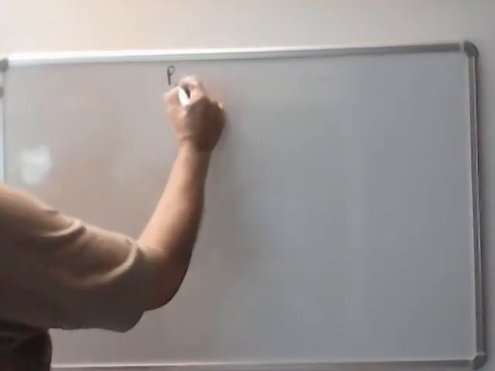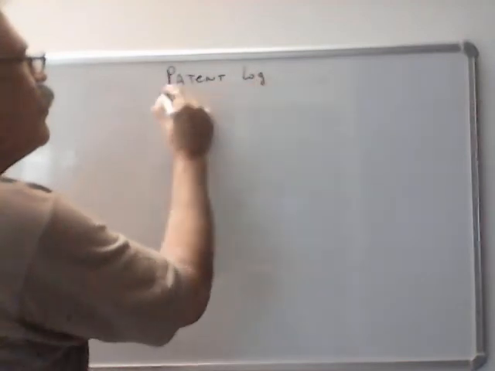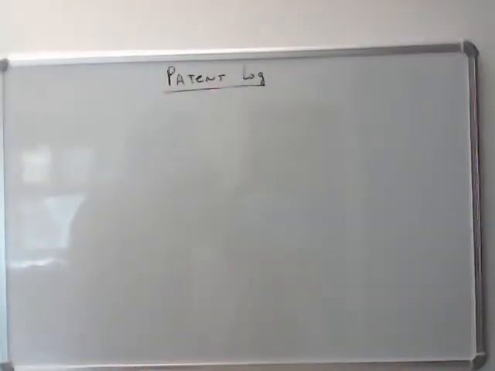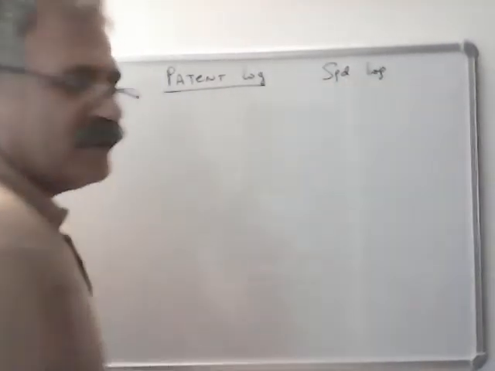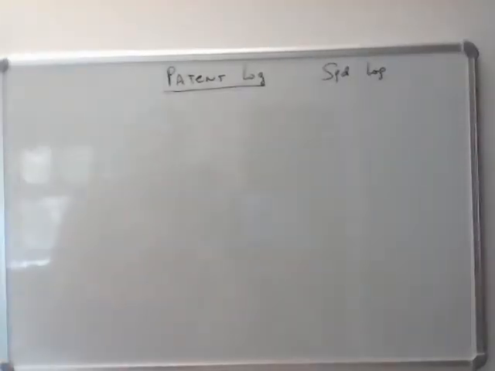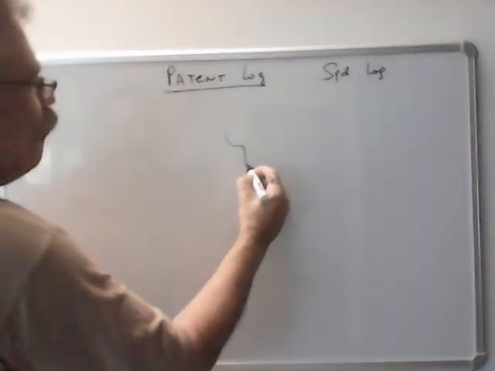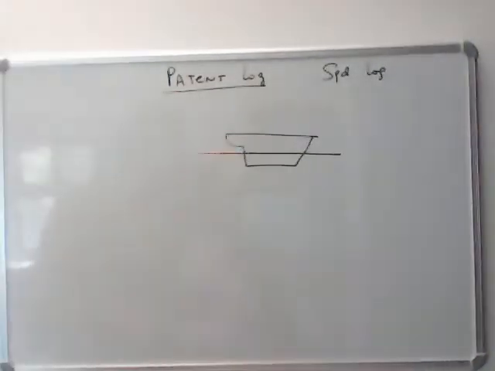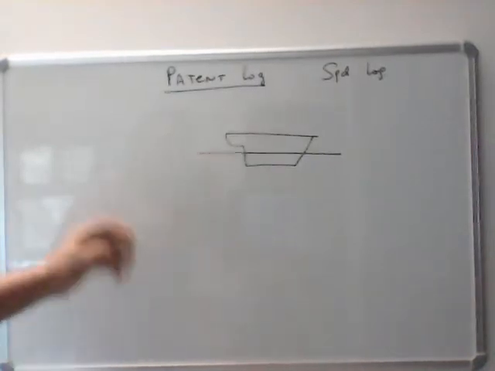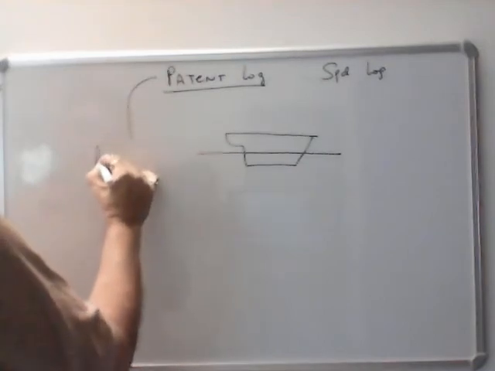Now we will do speed log. So this is one type of speed log which is obsolete now. So how it used to work: after the ship leaves the port and gives full away, then this log consists of a heaving line